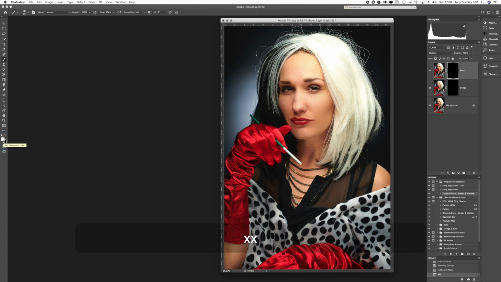So we want a white brush, and make sure it's a well feathered brush. And just use those bracket keys to change the size. And for the opacity, we want a low opacity. I want to be around about 20 or 30%. You can use the numbers on the keyboard, so 2 will actually bring in 20%. Using burn first on the mask, and if you want to do some burning in,